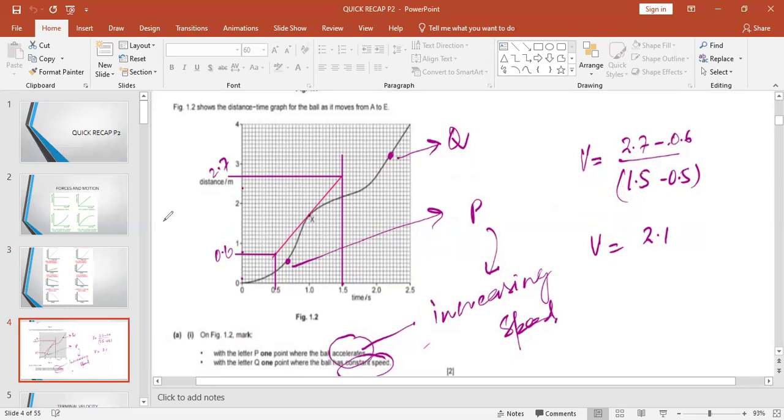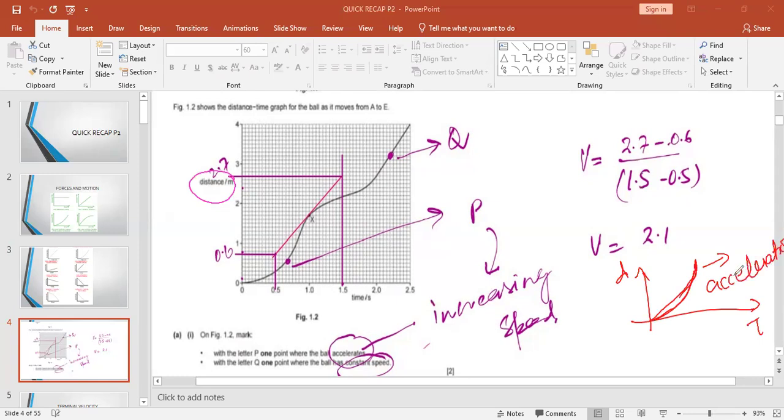Always remember that whenever a graph type of question comes, always check the axis, whether velocity is written, speed is written, or distance is written. If it is a distance time graph, always remember that if we are getting a curve like this,